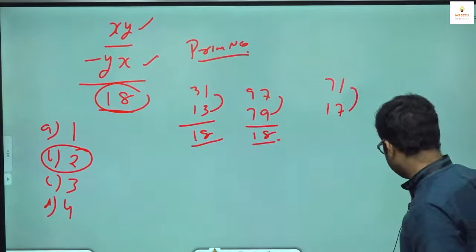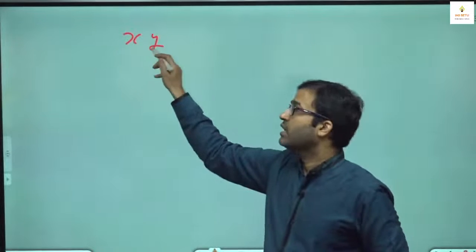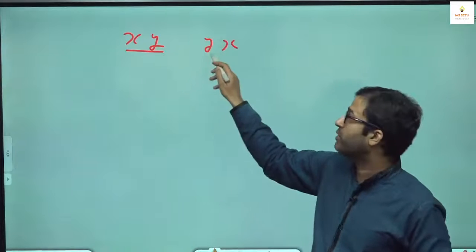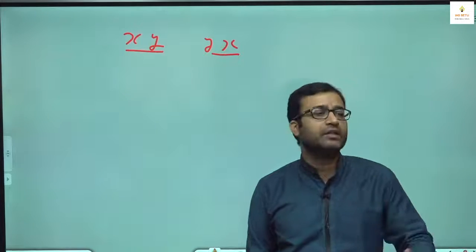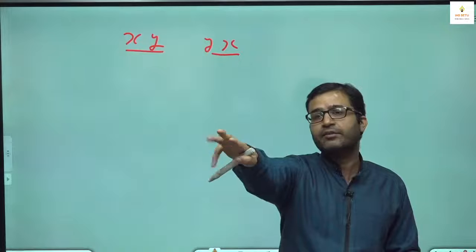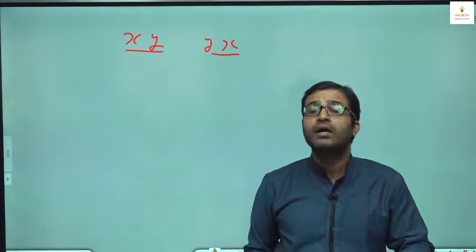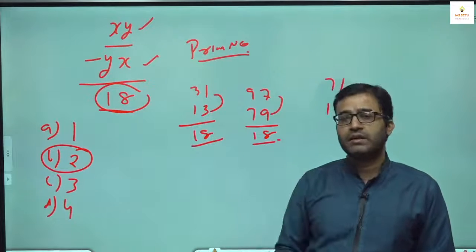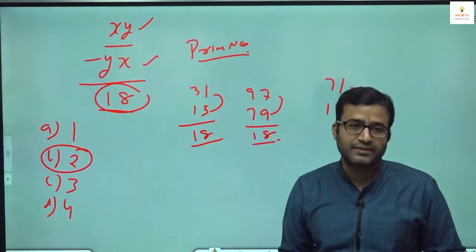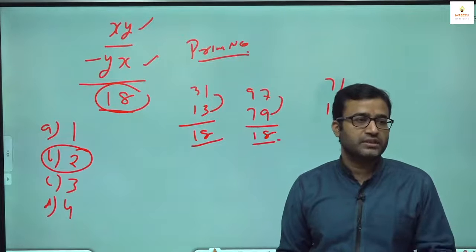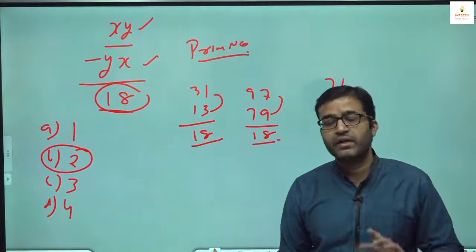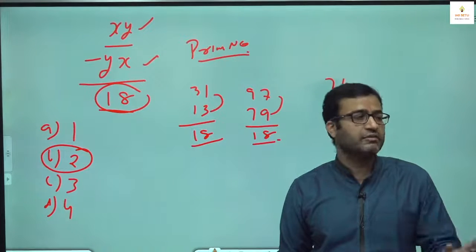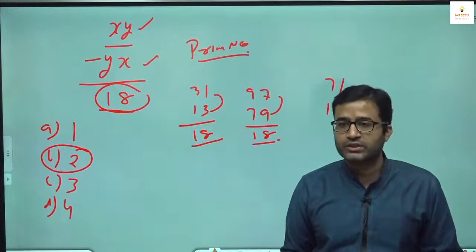If there is only one condition, that we take a 2 digit number xy and we reverse the order of the digits, we get yx, xy is also prime number, yx is also prime number. How many pairs of such numbers are possible? Then your answer is valid, 71 and 17. But in my question there is one more condition given, difference 18. एक अच्छा क्वेश्चन आपने मुझे दे दिया, टेस्ट सीरीज में पूछ लूंगा। मैं सीधा सीधा पूछूंगा 2 digit number, when we reverse the order still we get a prime number. How many pairs of 2 digit numbers are possible where we take a prime number and we reverse still we get a prime number? ऐसा भी तो क्वेश्चन हो सकता है।